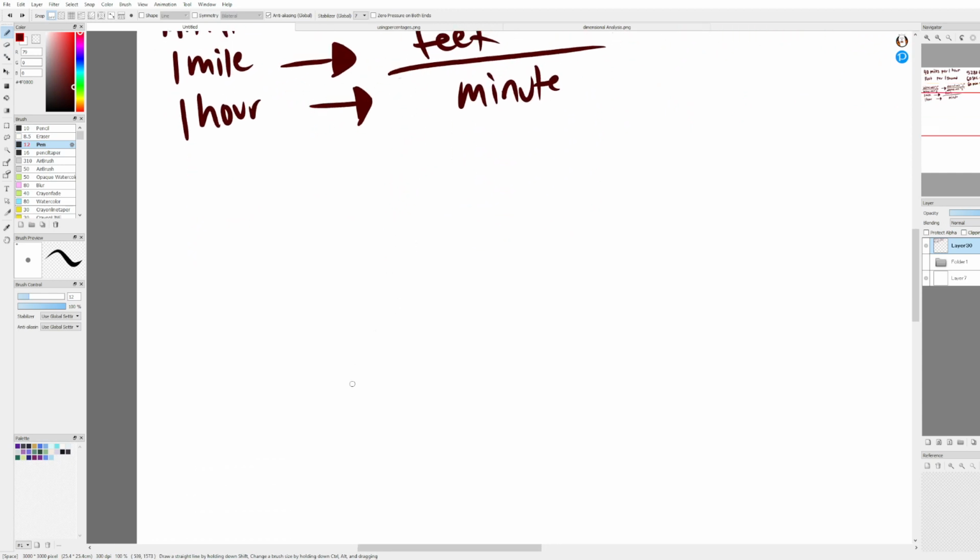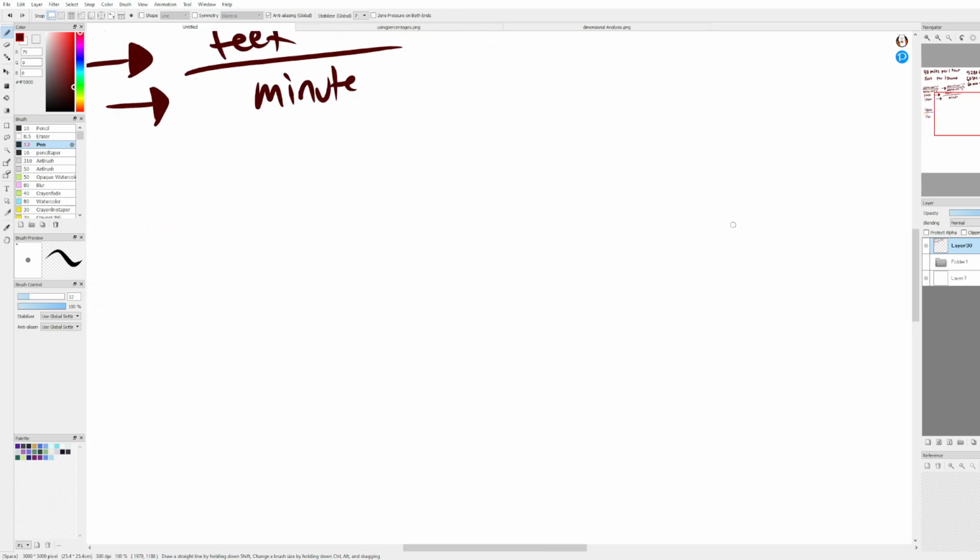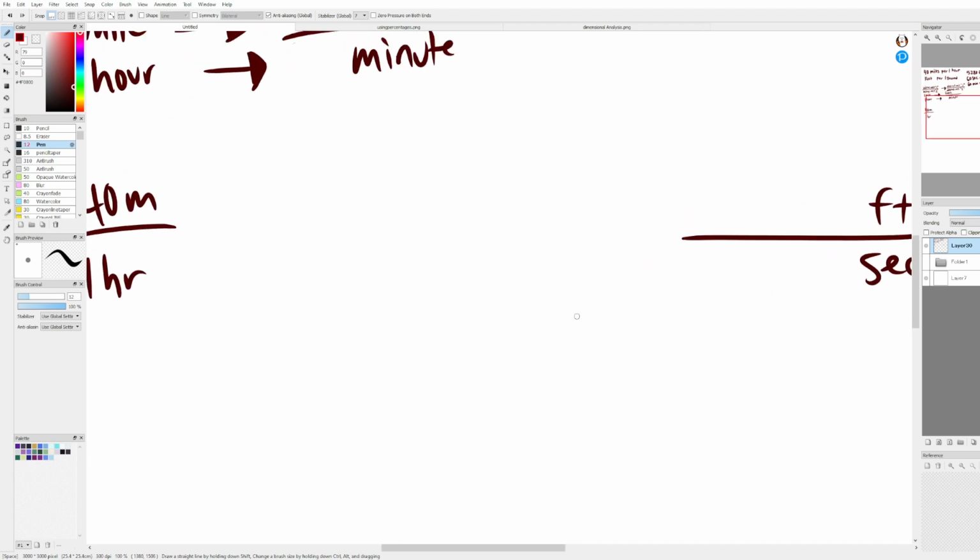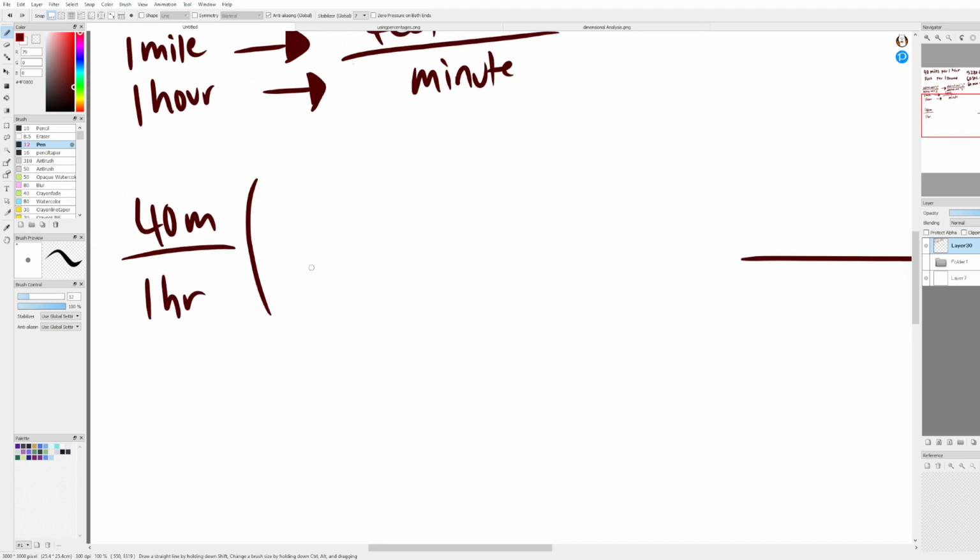A way to do that is if we go back to our question with 40 miles per 1 hour, and we want it to be in feet per second. So 40 miles per 1 hour, and we want it to be in feet per second. What we can do is for every 1 mile, there's 5,280 feet. The reason why we want the mile to be on the bottom